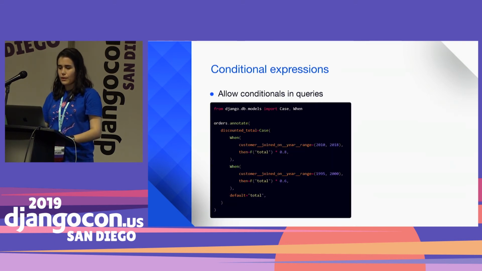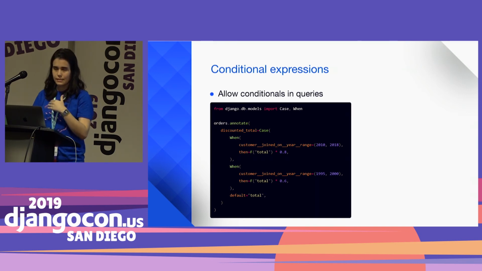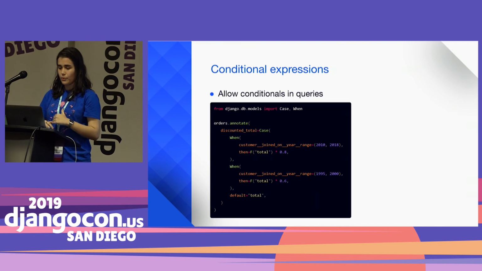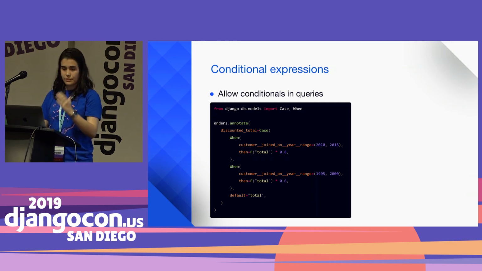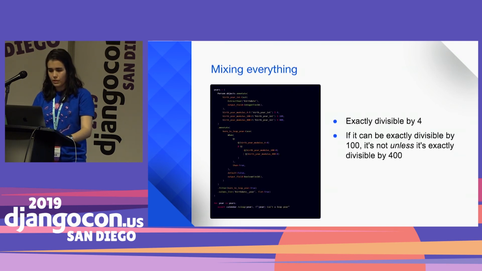A better way to do it would be using Case and When expressions. Case is very useful because you can use ifs, elifs, and elses in your query in little to no time. And it's better because the value is calculated at the time the query is executed, so it will be much faster. And if you want, you can also filter the result at database level, so you hit it only once. And that's it. It's an annotation, so we don't lose the original order total.